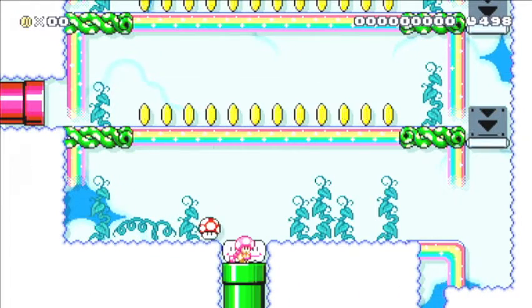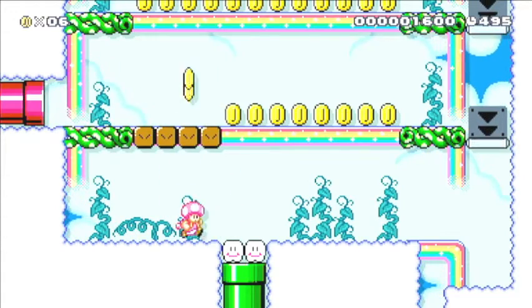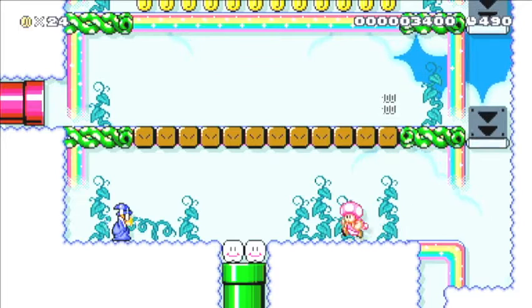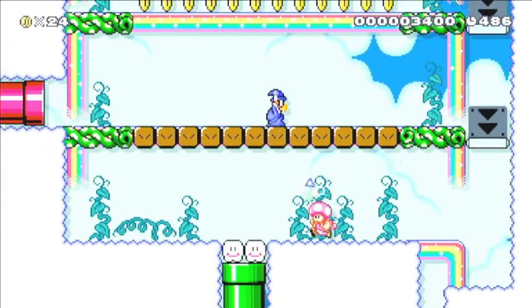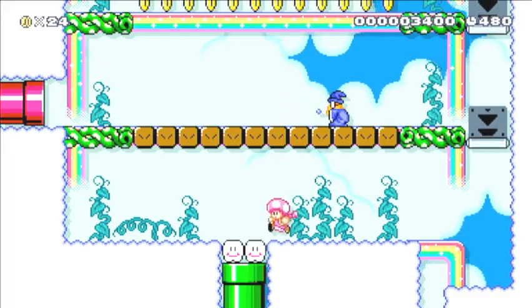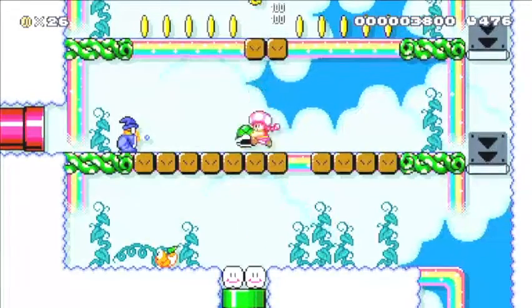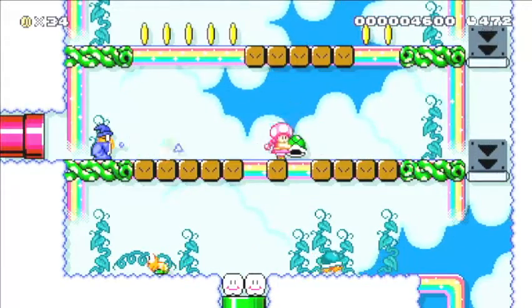Okay. So, it's a vertical level where we shall ascend by revealing hidden blocks and then trying to get this Magic Koopa to break them for us. We can use coins to